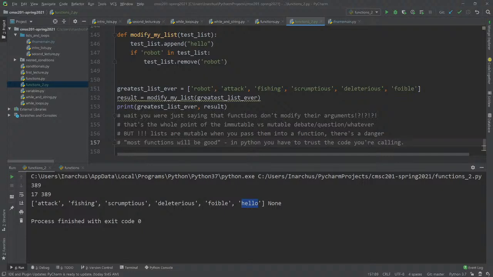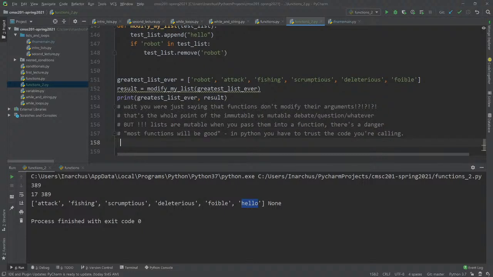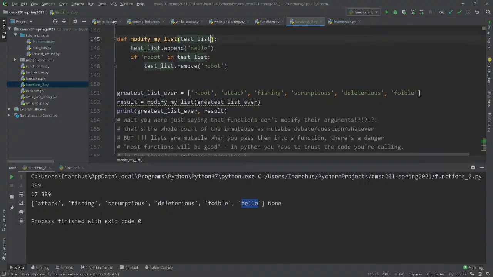In other languages like C++, you can pass things by reference or by value explicitly. You can make the decision as to whether or not to pass them by reference or value. In C++, there's a reference operator. You put this on a variable. So instead of having something like this, if you wanted it to be a reference, you would do it like this, a list reference. What this does is it says, don't make a copy, use the original thing. Versus if you just had it like this, it would make a copy.